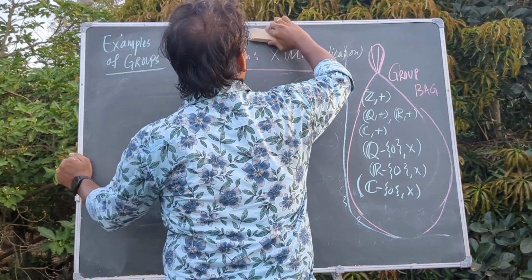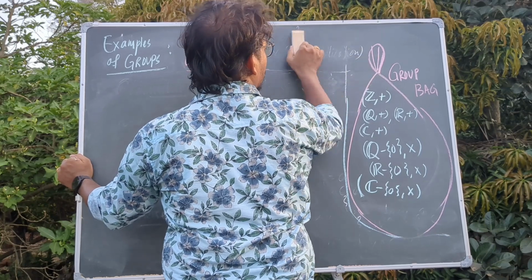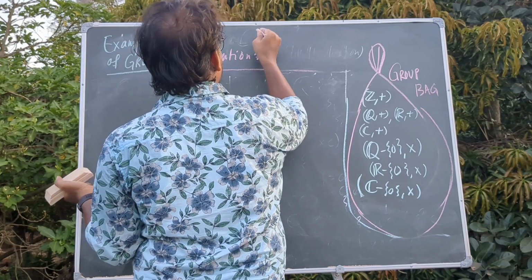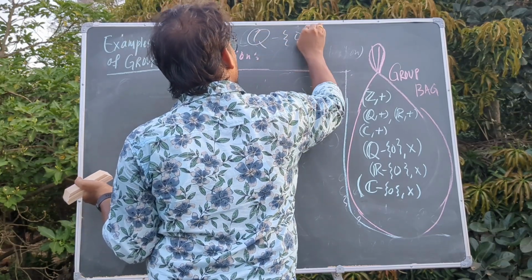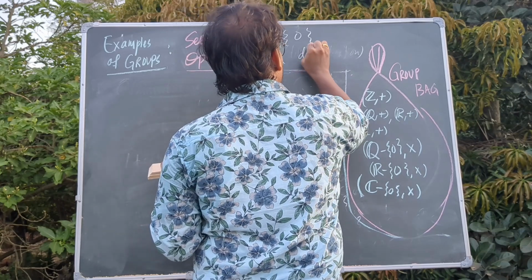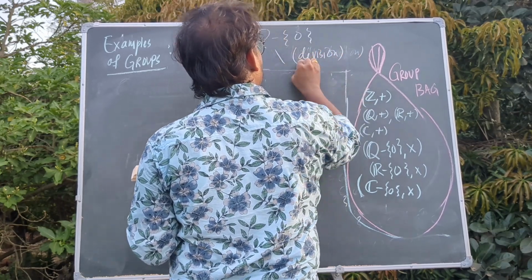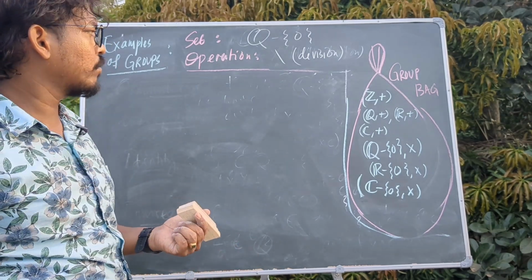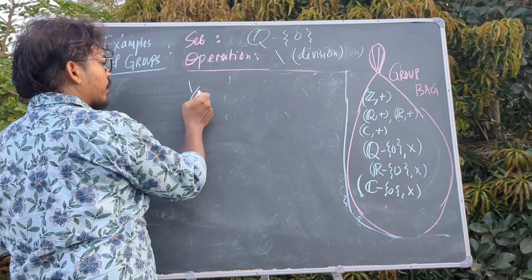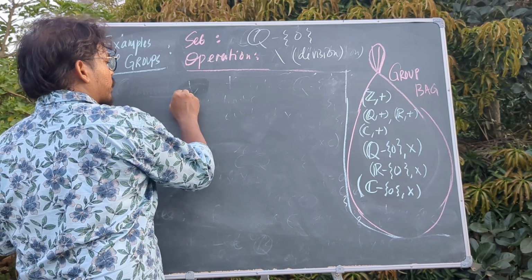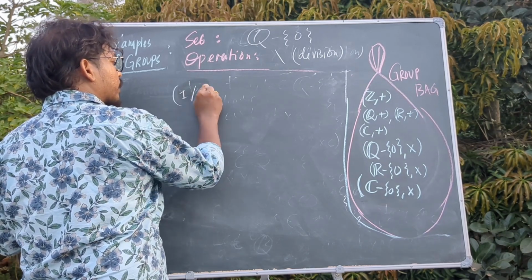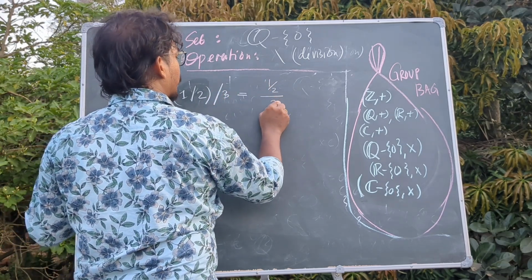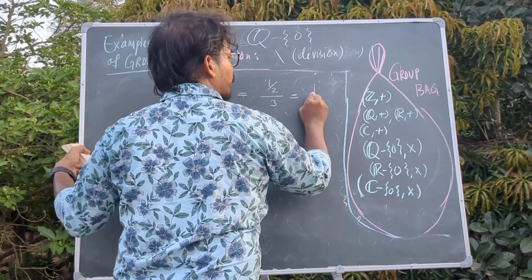Now in division, suppose the set of non-zero rationals under division, will it form a group? The answer turns out no, because associativity will not work. See, suppose we have 1 divided by 2 first, and then it is divided by 3. We will get what? 1 over 2 over 3 is 1 over 6,